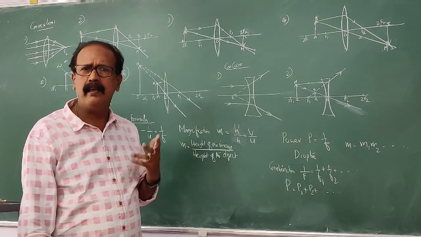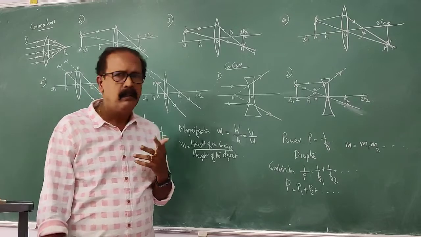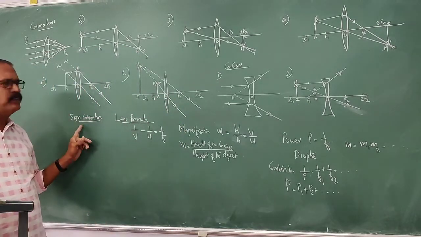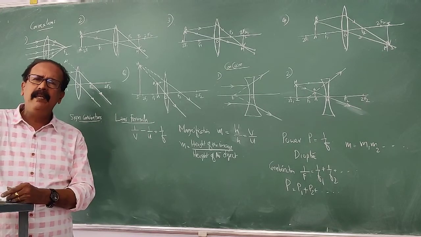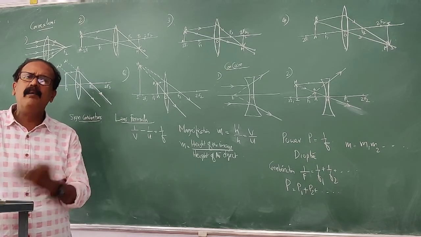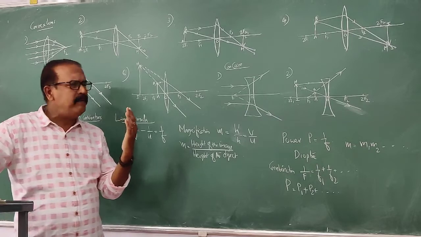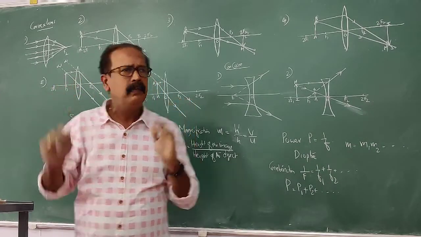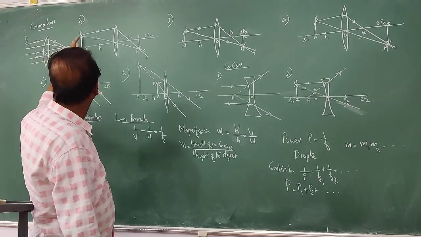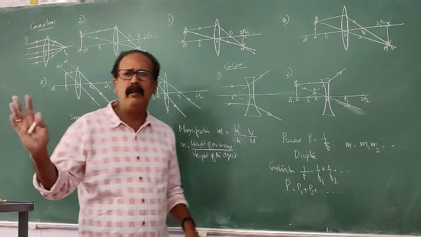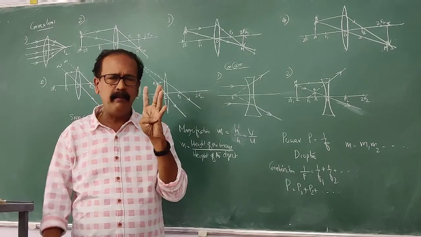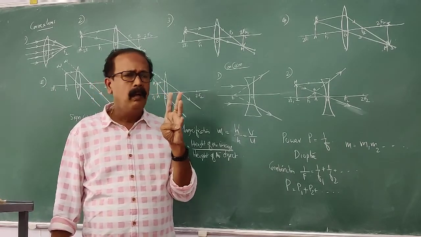Okay, alright, shall I continue? Now the last part of it is the sign conventions. As we studied in mirrors, what are the sign conventions? Always a diagram must be drawn such that the incident ray comes from left to right. We have drawn always like that only. Object must be always kept to the left of the lens. The sign convention 1. 2.